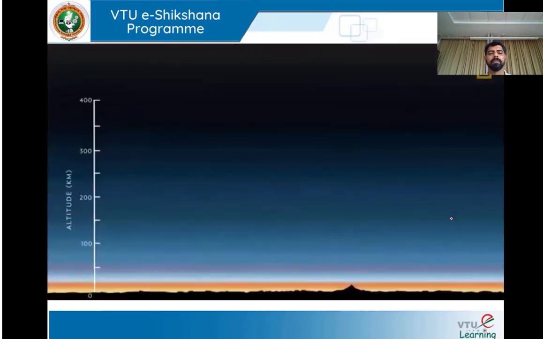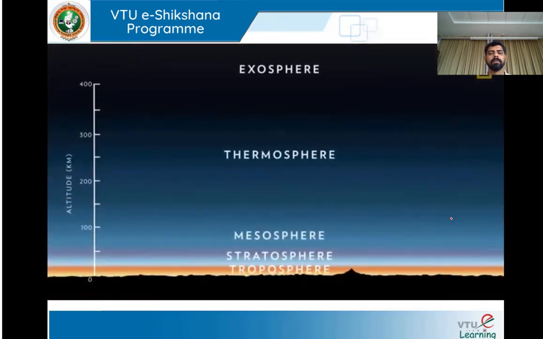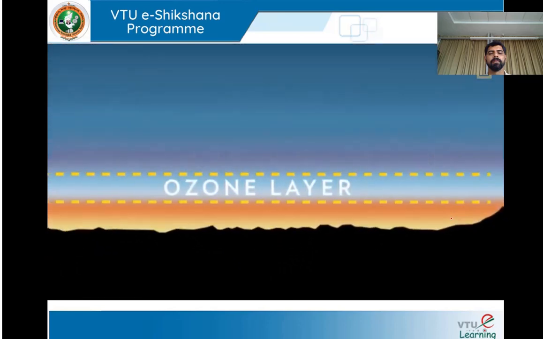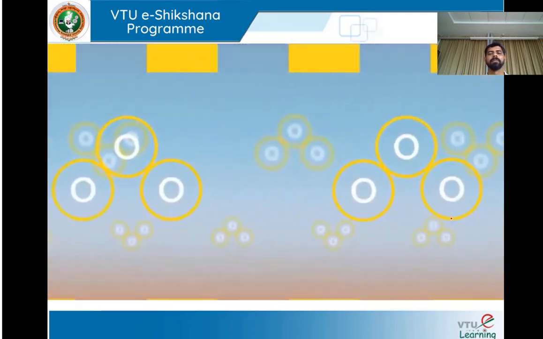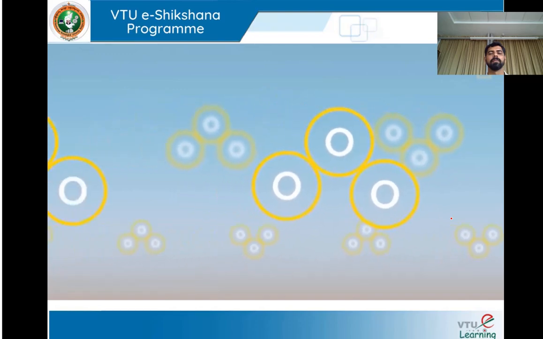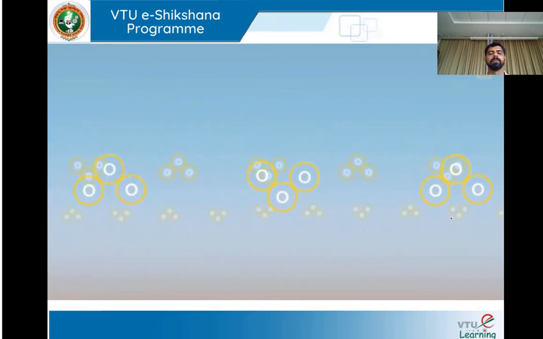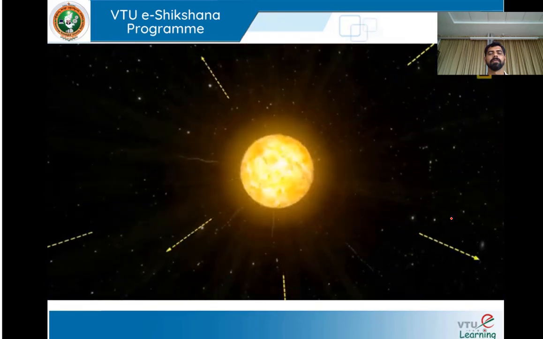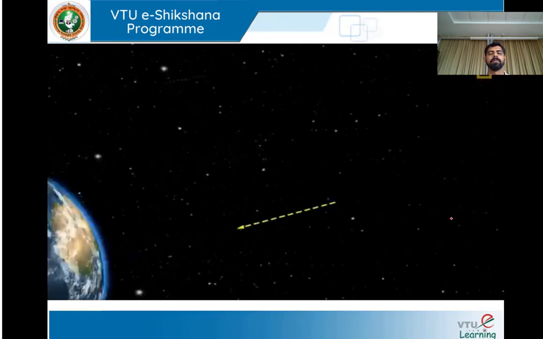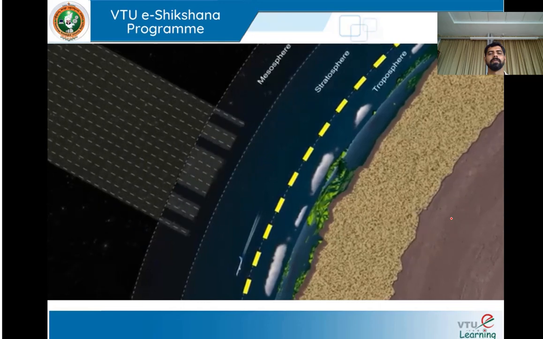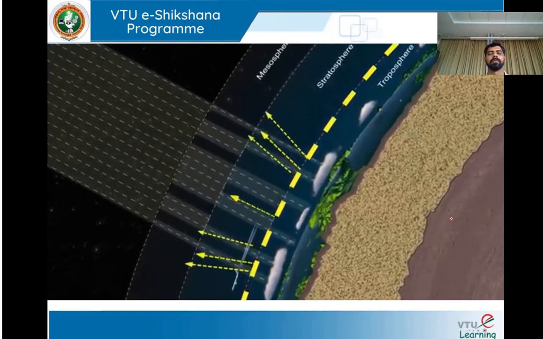Earth's atmosphere is made up of 6 layers. The second layer, called the stratosphere, contains the ozone layer. The ozone layer is made up of a highly reactive molecule called ozone, which contains 3 oxygen atoms. Ozone is a trace gas in the atmosphere. There are only about 3 molecules for every 10 million molecules of air. But it does a very important job. The ozone layer acts as Earth's sunscreen, absorbing about 98% of damaging ultraviolet or UV light.